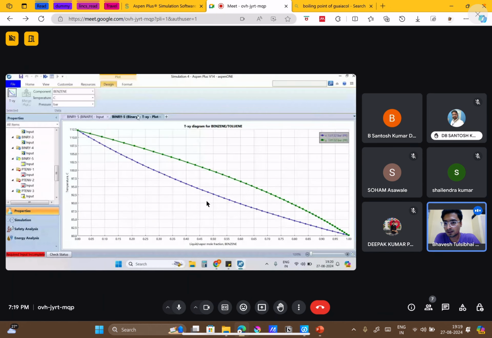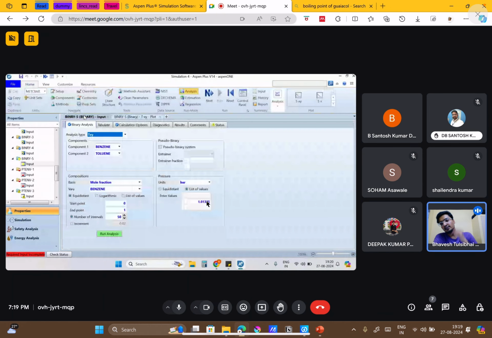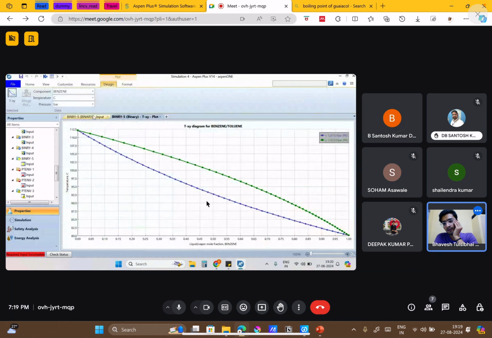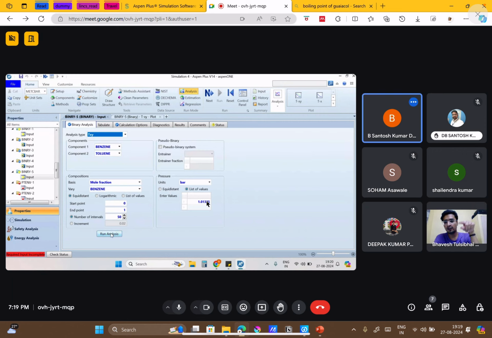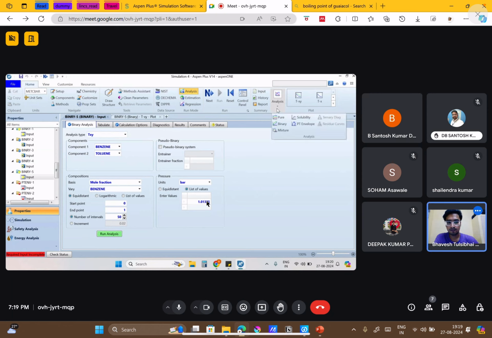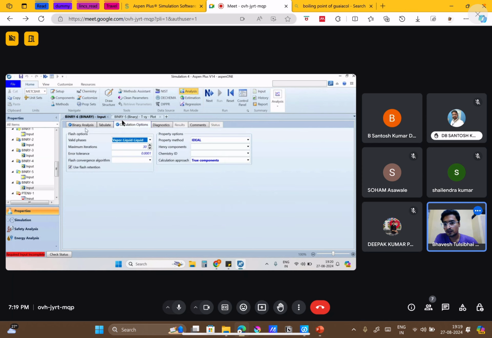Oh, you have closed that. Sorry. No, it's not closed, it's overridden. We have to generate a new binary property. From the analysis itself, on the top right corner, again click on binary. Now binary 6 is generated. Binary 5 will have a different plot, and binary 6 will have a different plot.